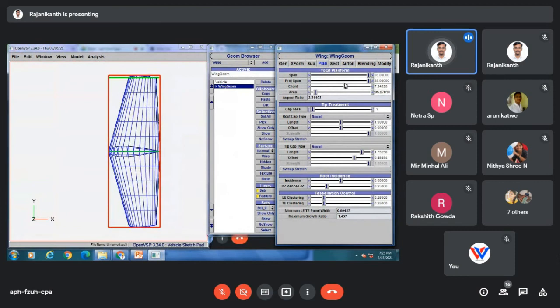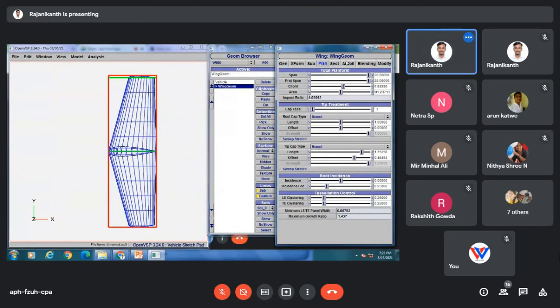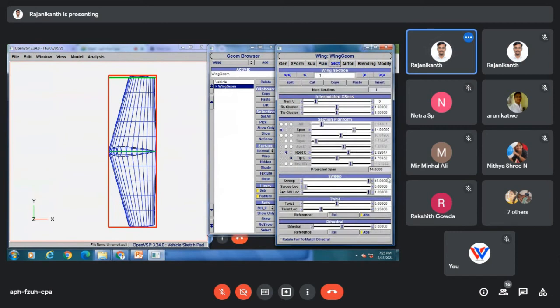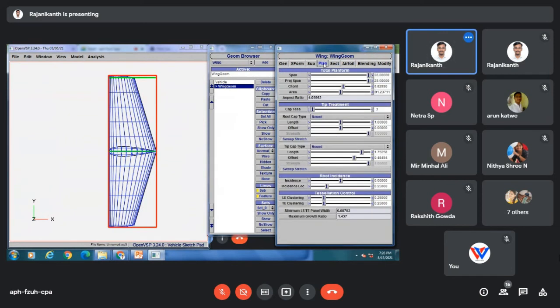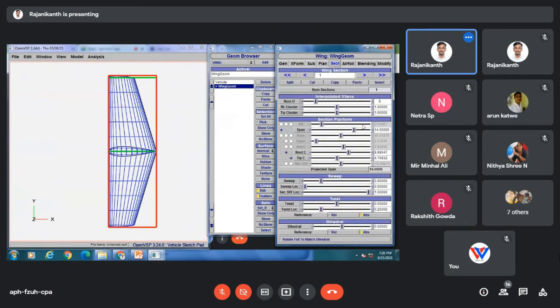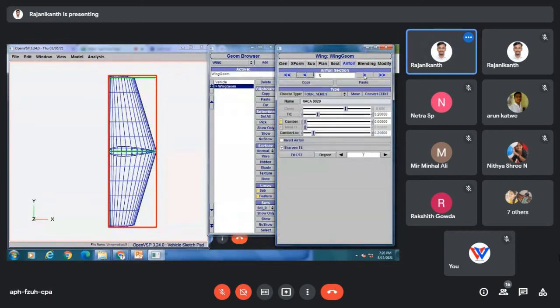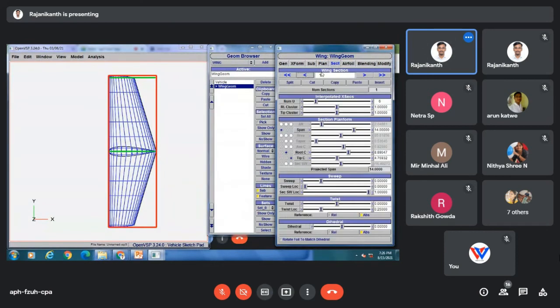And for the same wing, we can convert it into rectangular form just by varying the sweep angle, which means we want a sweep angle of 0.